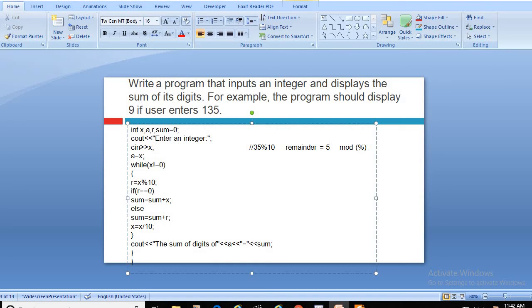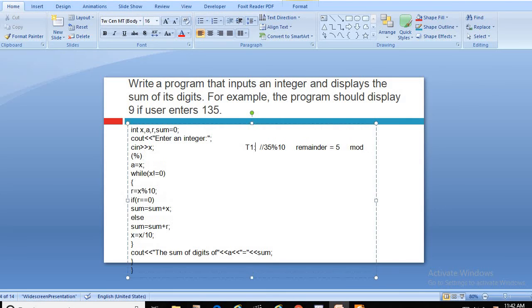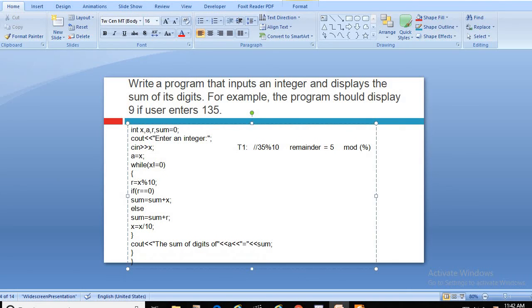The second thing is that now 5 is separated. Now how to separate this 3 digit? Now the second approach, or second technique. This is in fact technique 1 I am telling. I am calling it technique 1. The second step of the technique is the second thing that we have to do.